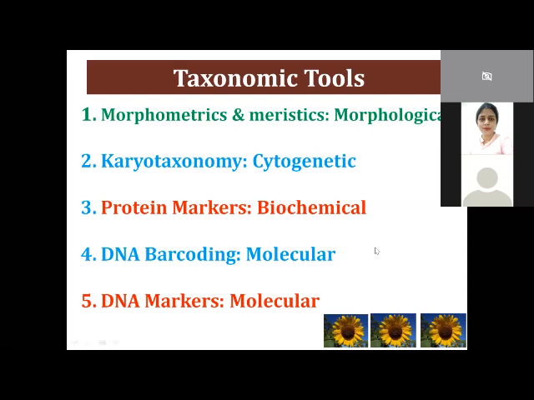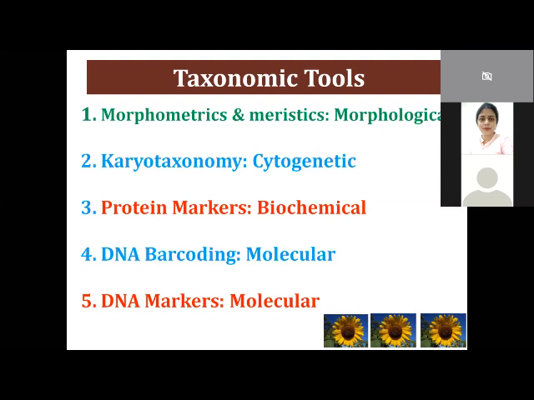The very first is the morphological tool, or the morphological marker, where we basically record the morphometric and meristic data. We make the comparison, which can be used to identify the species, population, or a stock. That is basically a classical taxonomic tool where the identification of a species is based on the morphology of the individual. Then we have studied some of the more modern taxonomic tools, where we have studied karyotaxonomy.